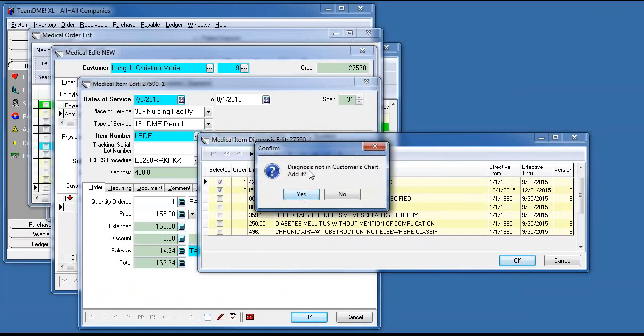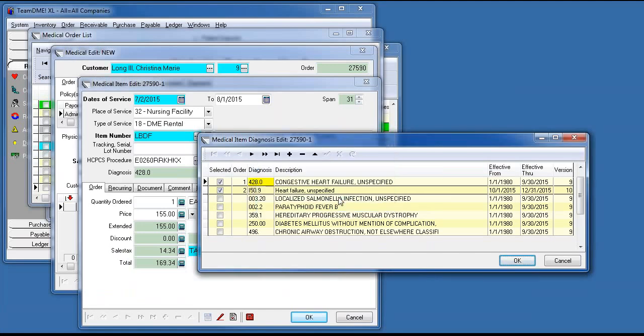I50.9. Okay, now it pops up and says that diagnosis is not in the customer's chart. Do you want to add it? You can add it to the customer's chart if you want to. I'm not going to do it at this point, so I'm going to say no. So now I have 2 codes associated with this one line item on my order. Okay, I have one ICD-9 code, as you can see here, and I have one ICD-10 code associated with the